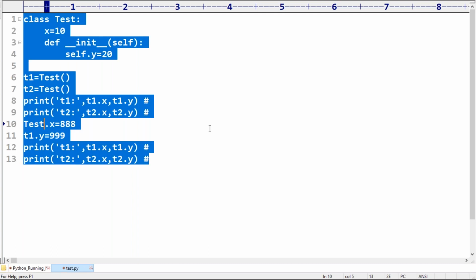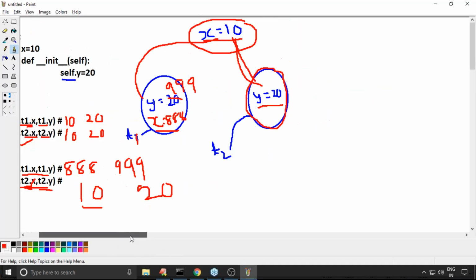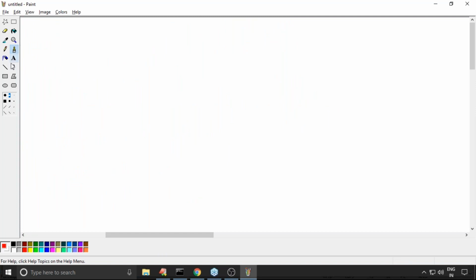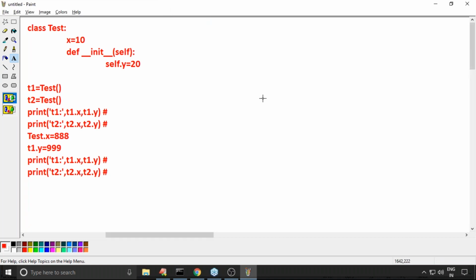What is the output we are going to get if I take this example? Please confirm. What is the answer in the first line, second line, third line, fourth line?